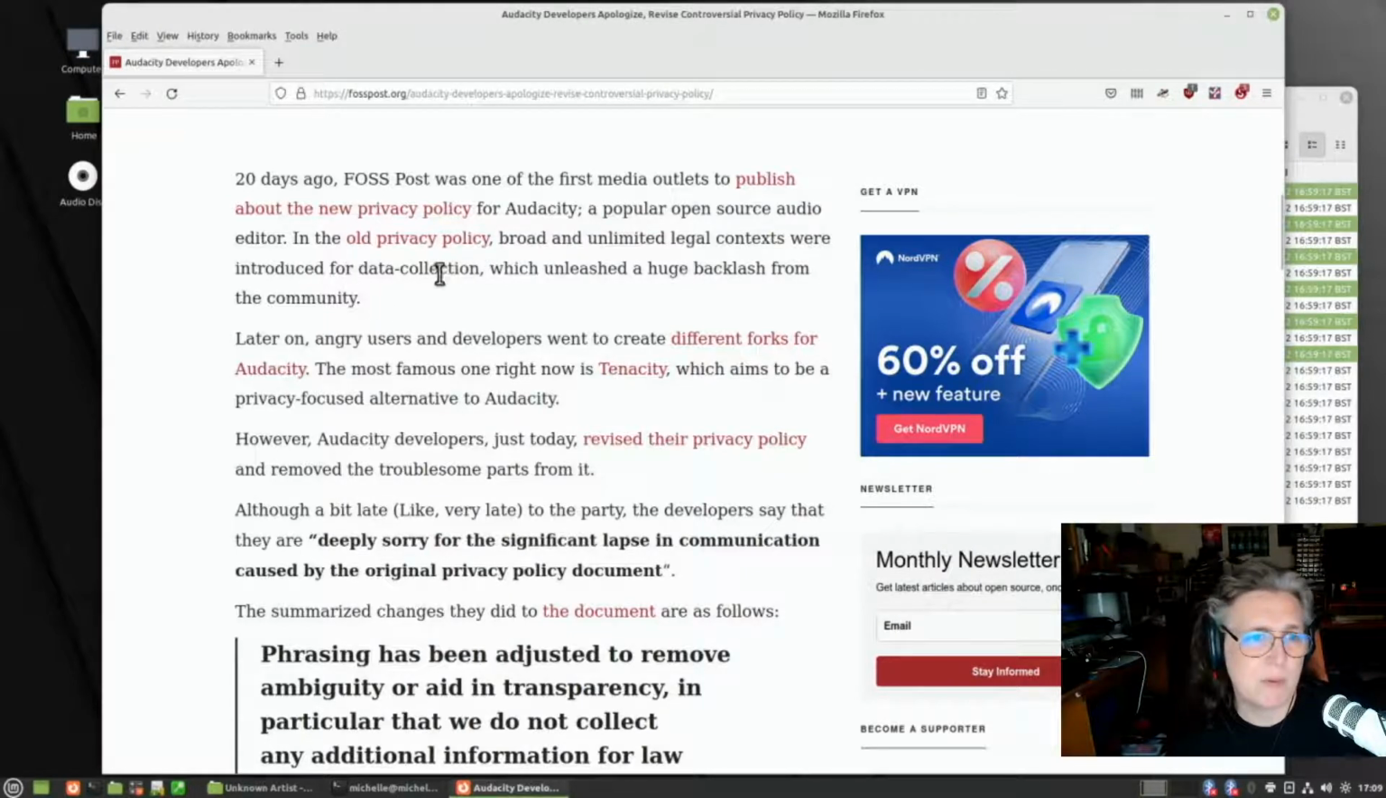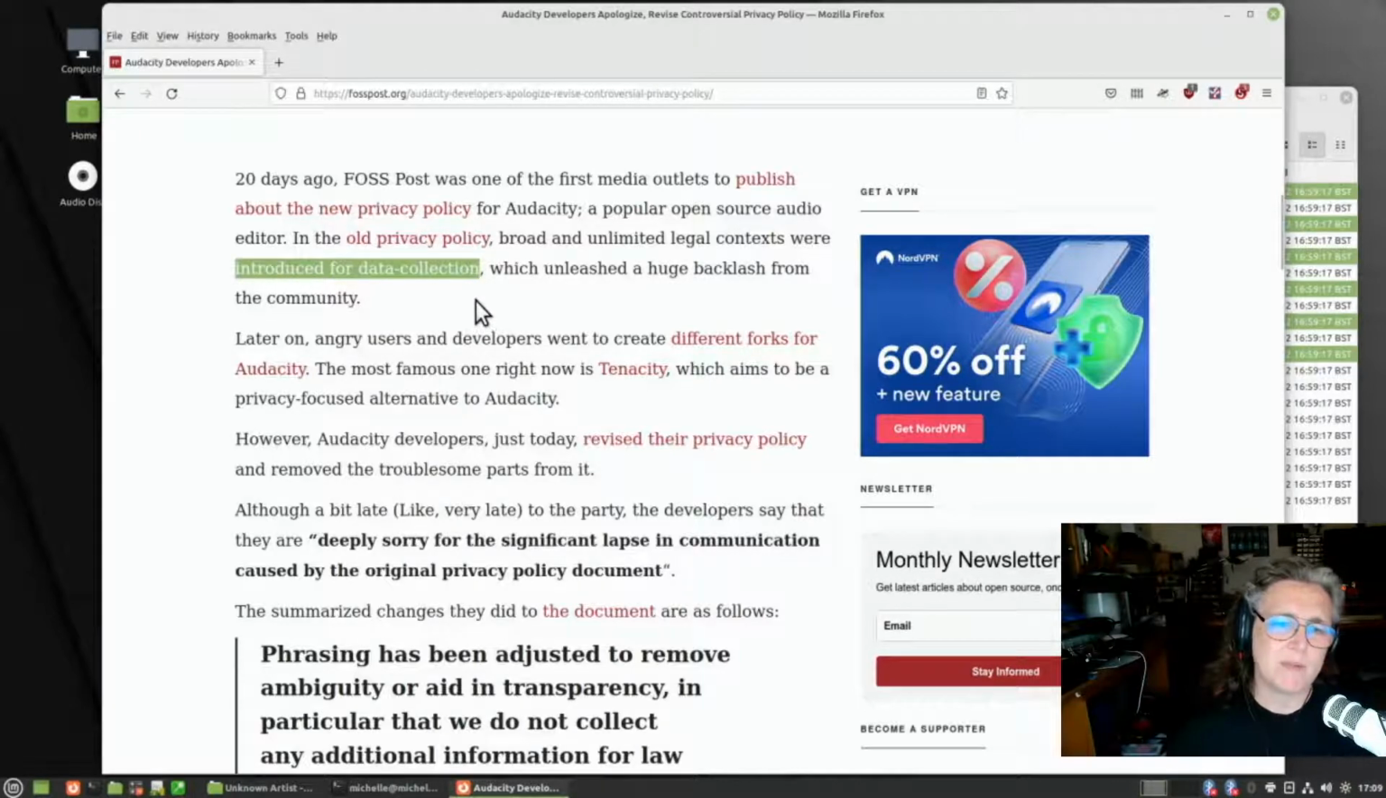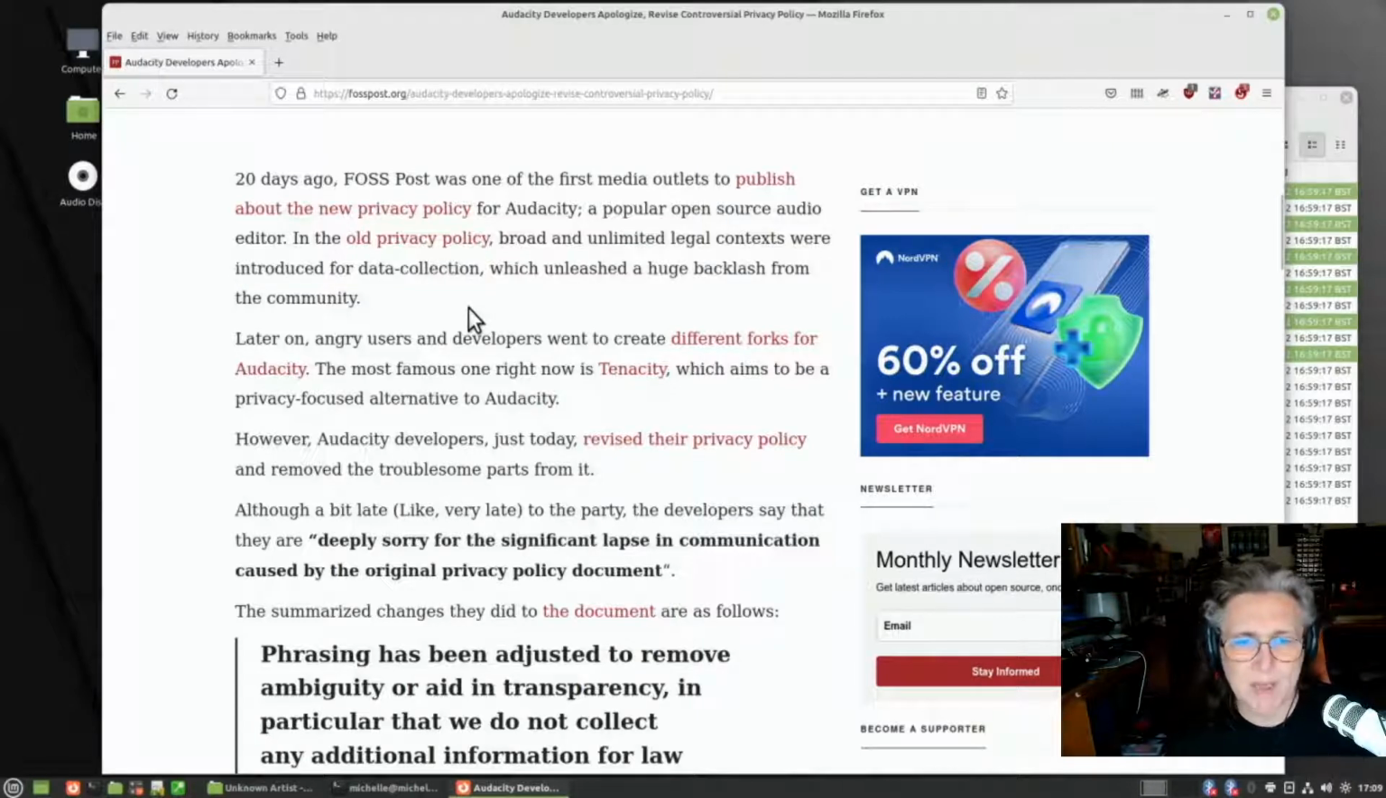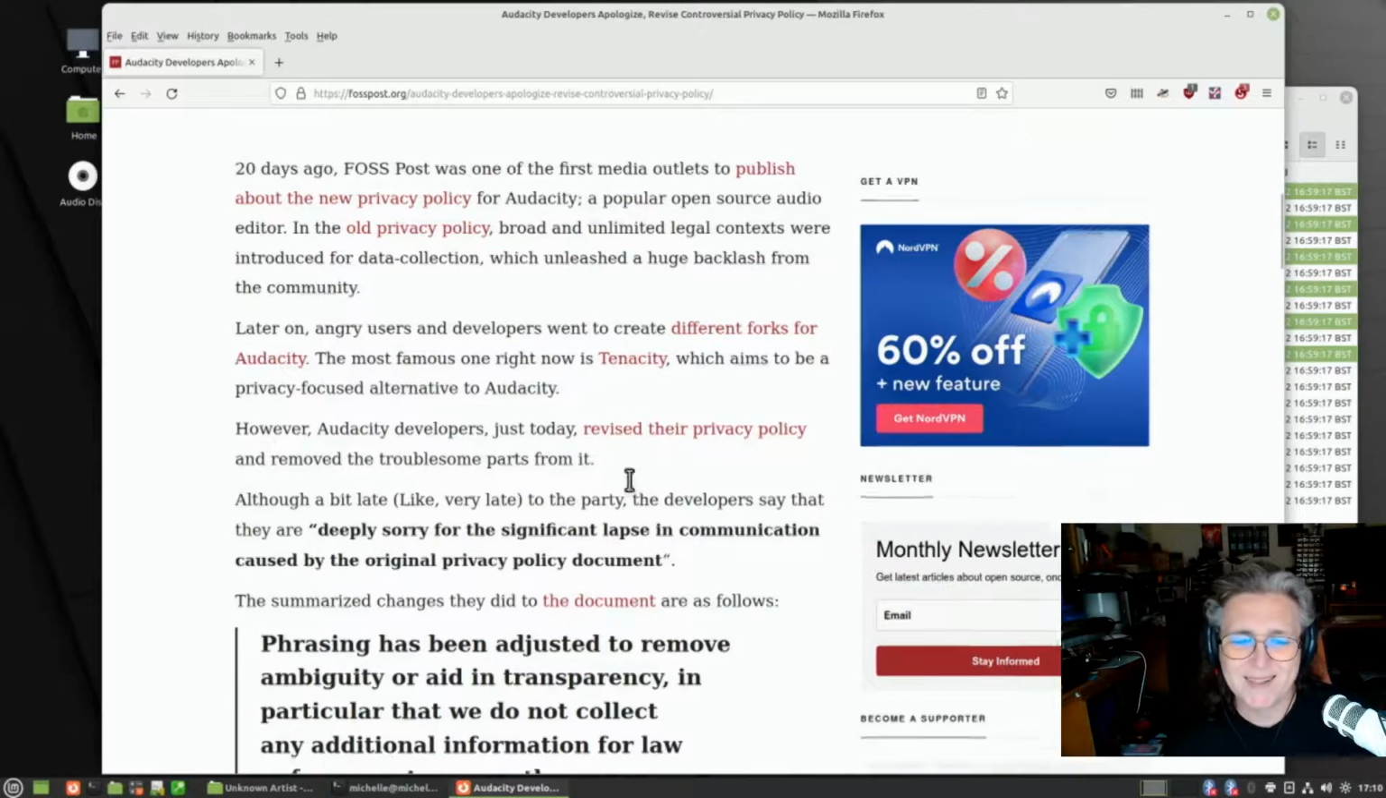Basically, they were starting to move themselves into the data collection game. So when you used Audacity, it collected data and sent it back to the developers. A lot of people kicked up a lot of fuss, and yeah. Later on, angry users and developers went on to create different forks for Audacity, the most famous one being Tenacity, which aims to be a privacy-focused alternative to Audacity. That's one of the things that the open source community can do that you can't do with closed source. You can just fork the code. But the Audacity developers revised their privacy policy and removed the troublesome parts from it. So there you